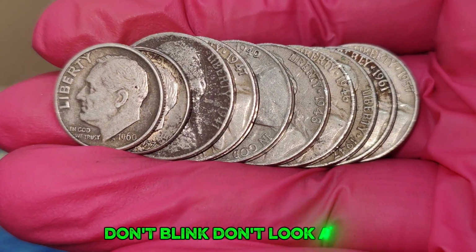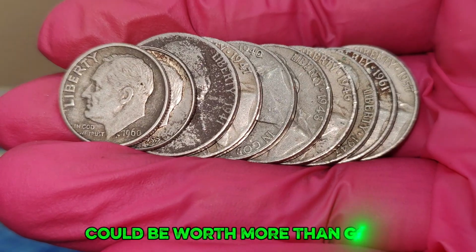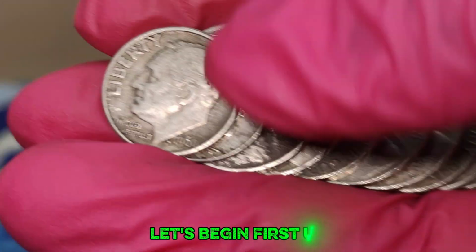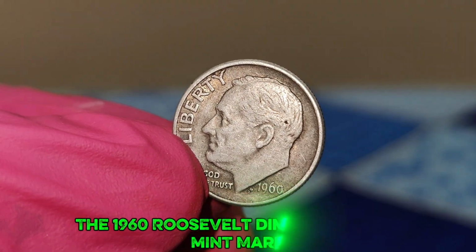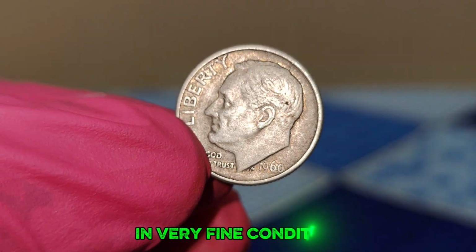Don't blink. Don't look away. Because what you might have sitting in your drawer could be worth more than gold. This is the ultimate treasure hunt. Let's begin. First up, we begin our journey with a coin that has quietly made its way into the hands of legends. The 1960 Roosevelt dime without a mint mark, flaunting a beautiful gray shade in very fine condition, may